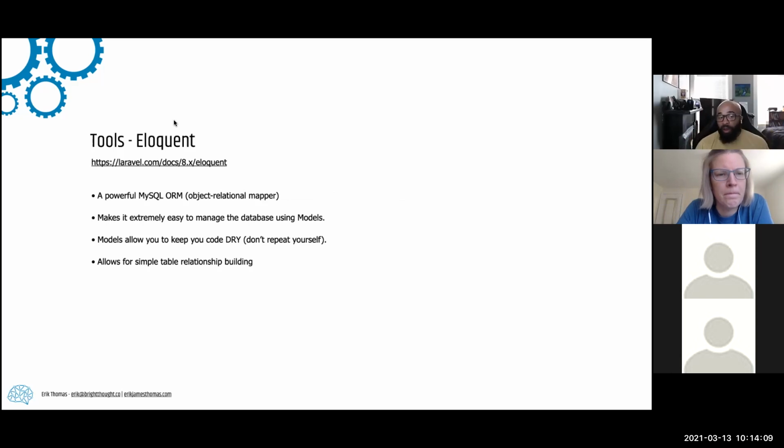Now, what is Eloquent? Eloquent is an ORM, an object relational mapper. So that's where the model part comes from, the MVC. Basically, this creates classes, so it'd be a file. If I have a table, let's use the WP post table, I would create a file called posts, and then I would use Eloquent, and it would attach directly to the post table in the database. And I can query directly off of it using code. And that's what Eloquent does.